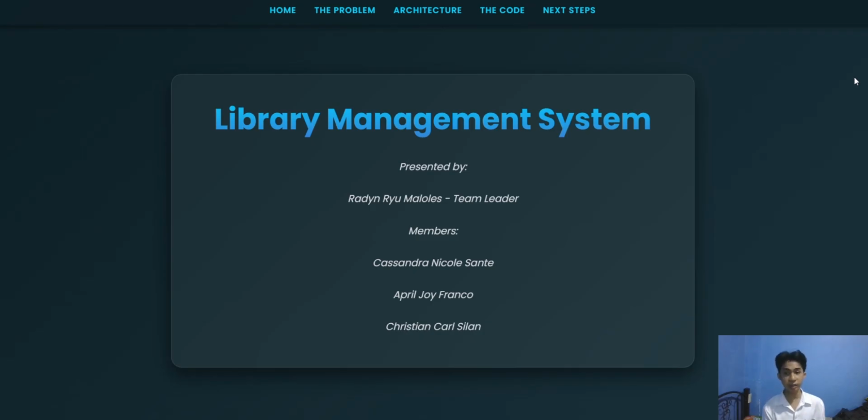And through inheritance, we built a foundation that is completely future-proof. So if this library decides to start renting out laptops or audiobooks tomorrow, our architecture is already prepared to handle it without breaking. Ultimately, programming is about bringing order to chaos. We are proud to have translated the complex real-world operations of the library into clean and reliable Java code.